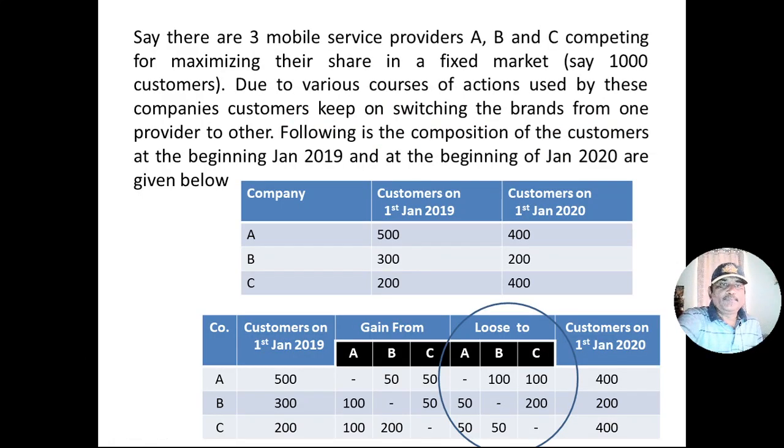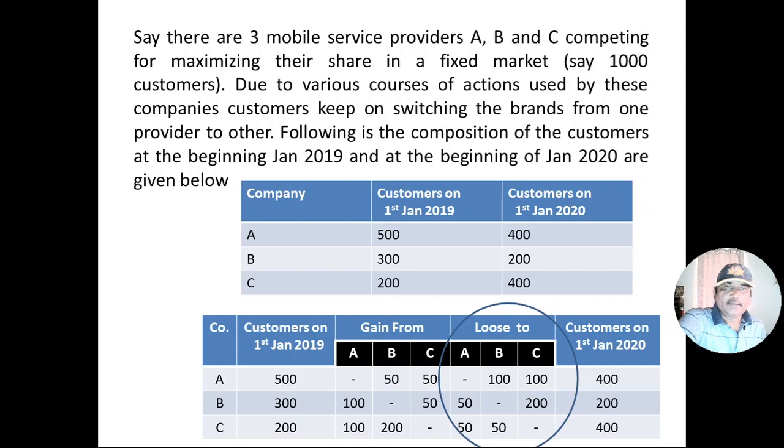Say there are three mobile service providers A, B, and C competing for maximizing their share in a fixed market. Fixed market means the market in which the number of customers are fixed. No one adds to the market and no one leaves the market. For example, in the market with which we are concerned, there are 1,000 customers and they will continue to be